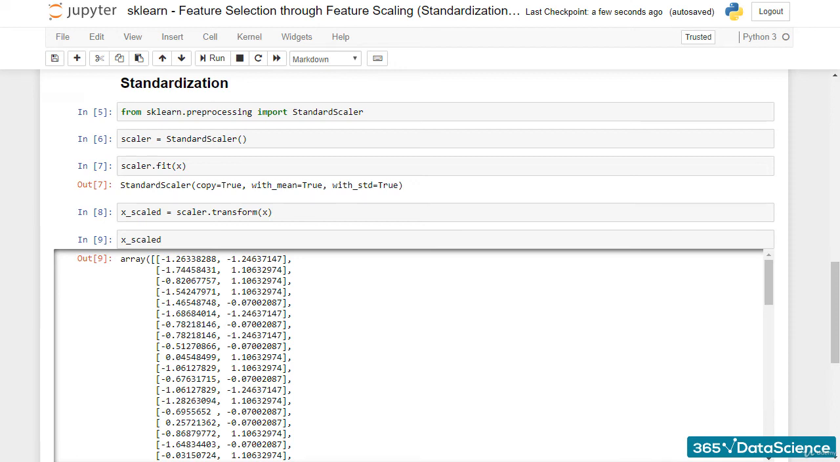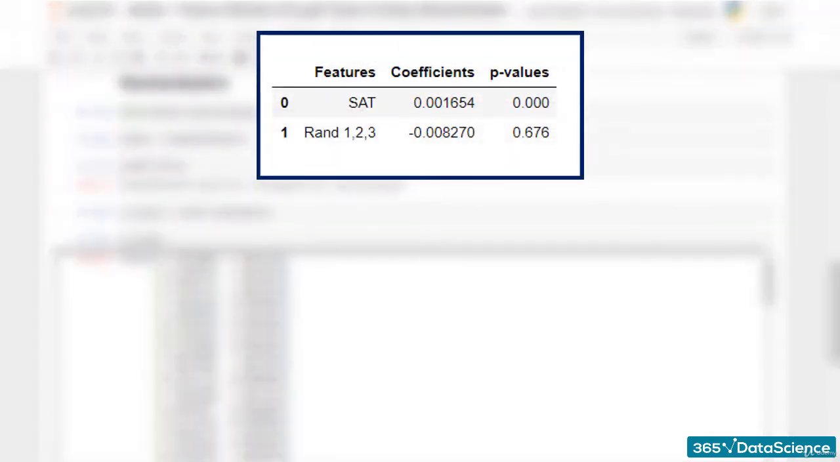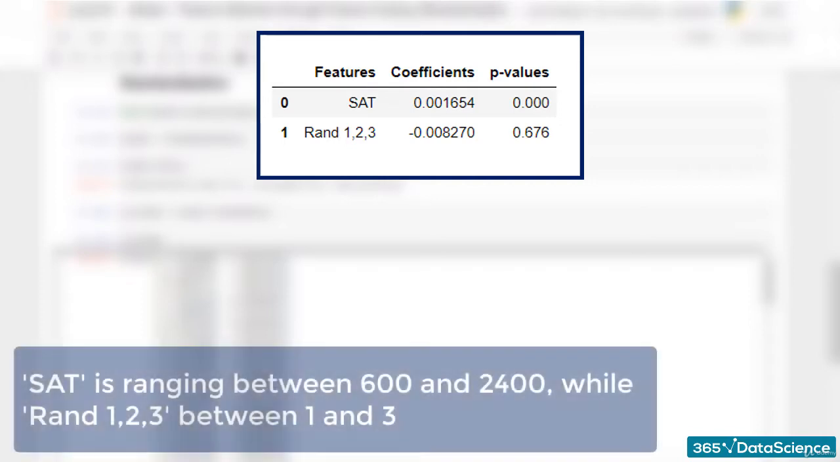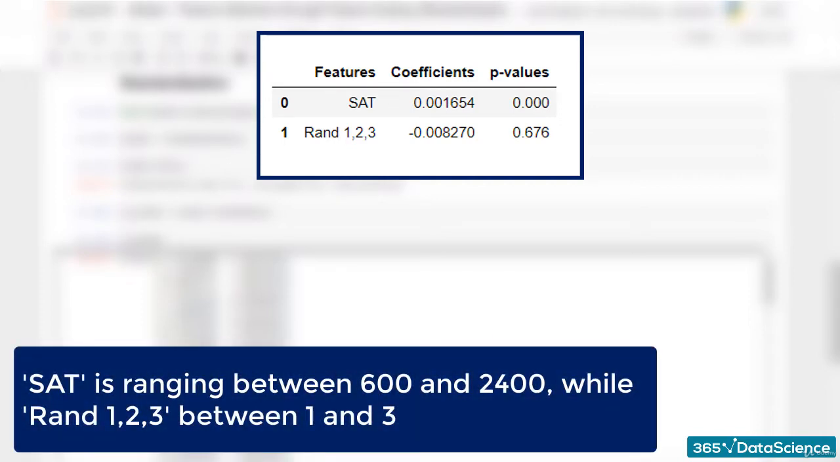Hey! In our last lesson, we discussed what standardization is. Let's see how it relates to our particular problem. When we calculated the coefficients of this regression without standardization, we could not immediately see the effect of each variable on the output. The reason is that SAT is ranging between 600 and 2400, while RAND 1, 2, 3 between 1, 2, and 3. Their respective coefficients were